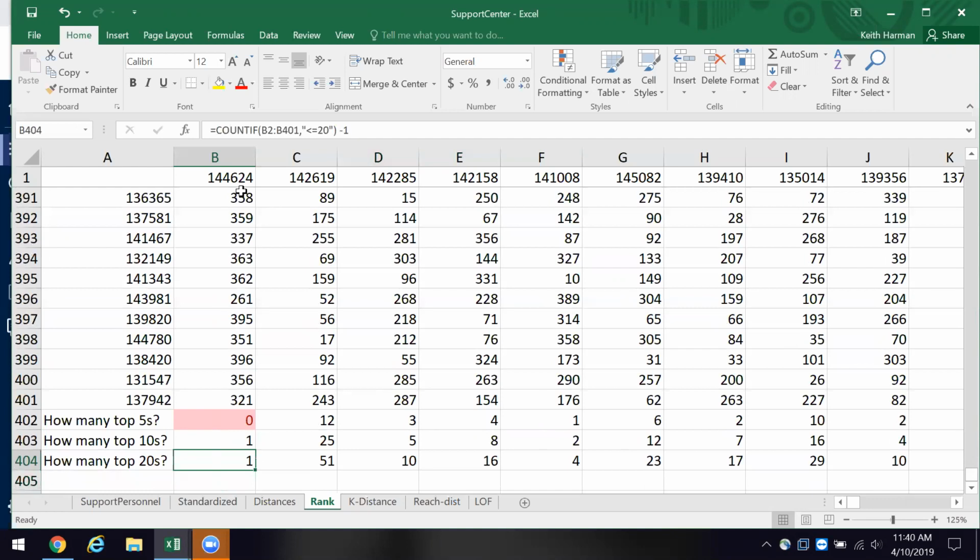We have the top 5, okay? And then we have the top 10s, and then we have the top 20s, okay? So we're dealing with the rank, and that's the tab there, and that's how we get those figures.